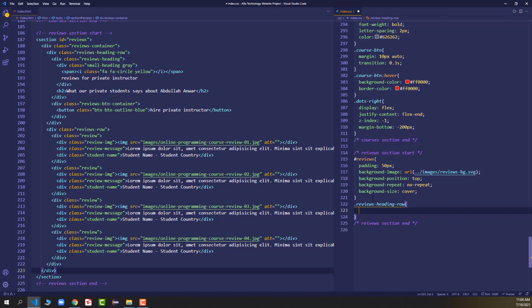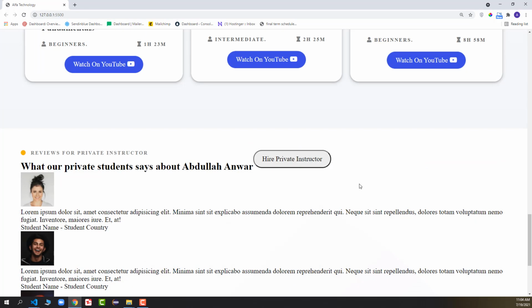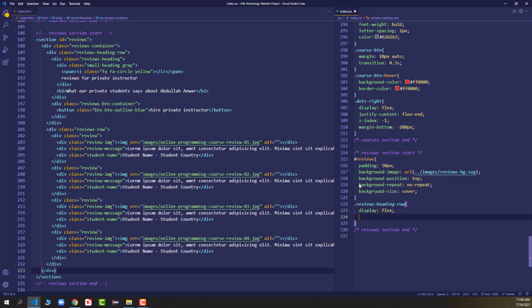Now after that let's go down, in here I will target the reviews heading row. So I will say dot reviews heading row, and inside of the heading row we'll say display flex. As soon as we say display flex, you can see the button will go on the right hand side, and here we'll say margin.